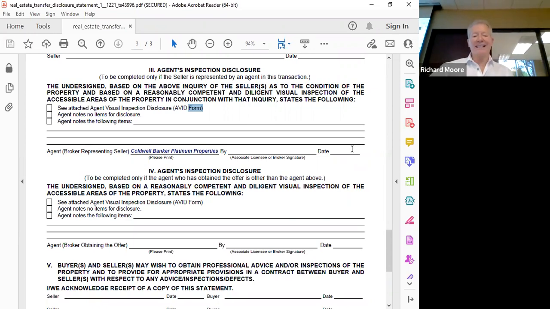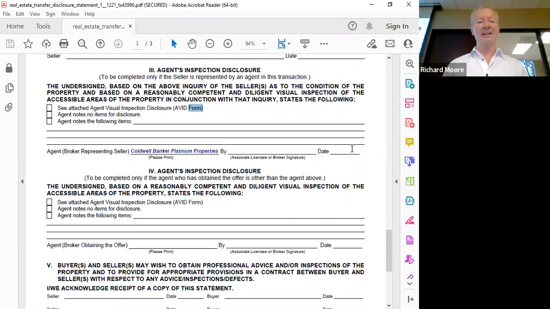And then who fills out the TDS form? The seller, absolutely. Nobody else but the seller. And if you try to complete it, it's not going to allow you to do that. So if you click on it in Zipforms, it says seller 1 to complete. That's what happens when you click on the boxes there to complete it.